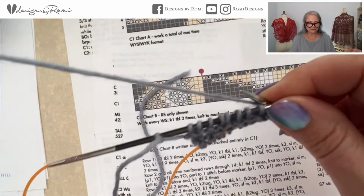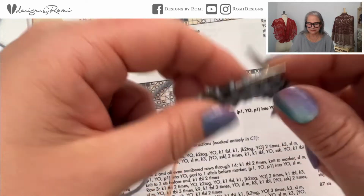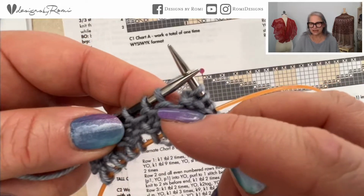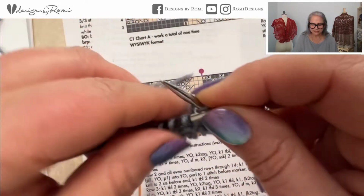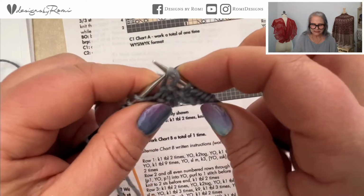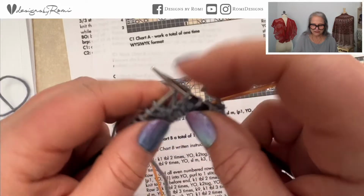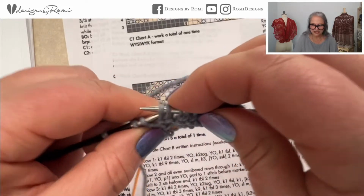Now this is going to look a little bit weird at first when you start it because you're going to be doing an SSK and part of that SSK is right above the yarn over there, but it will actually work out. So there's a yarn over and then an SSK and then a knit 2, yarn over, SSK,